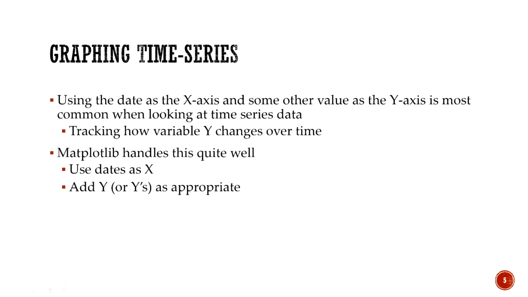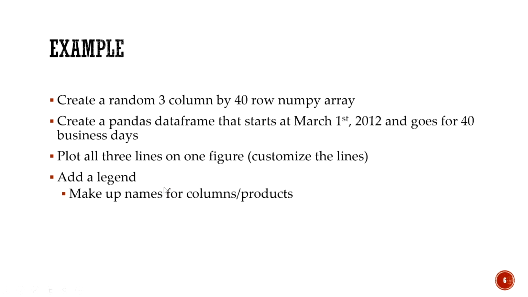Now we want to plot time series. Using the date as the x-axis and some other values as the y-axis is most common when looking at time series data. For example, we want to track how variable y changes over time. The matplotlib library handles this quite well. So we use dates as x and we add y as appropriate for the problem. Here is an example. First, we create a random 3-column by 40-row numerical Python array. Then we create a pandas